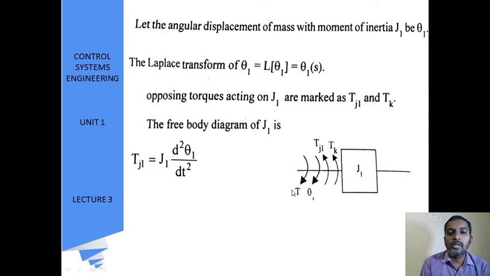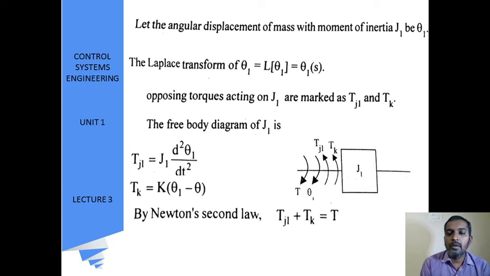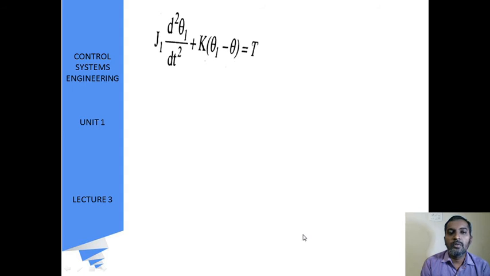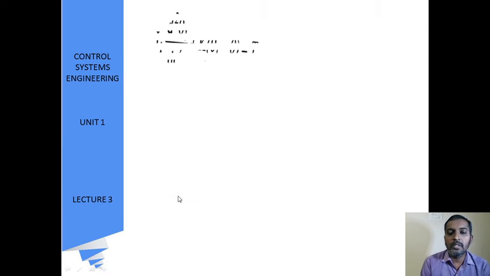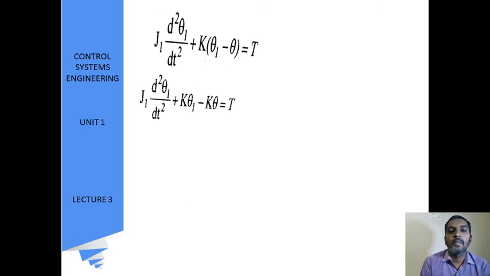Therefore, by Newton's second law, applied torque is equal to the sum of opposing forces, that is Tk and Tj1. Tj1 can be written as J1 into d square theta 1 by dt square, and Tk can be written as k into (theta 1 minus theta). So J1 d square theta 1 by dt square plus k into theta 1 minus k into theta equals